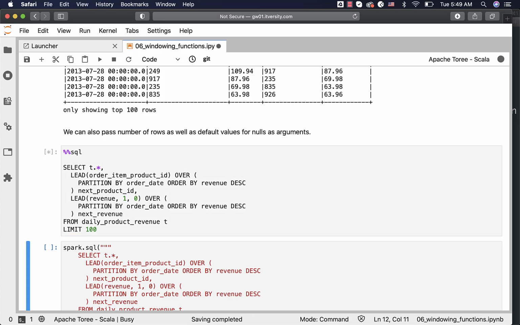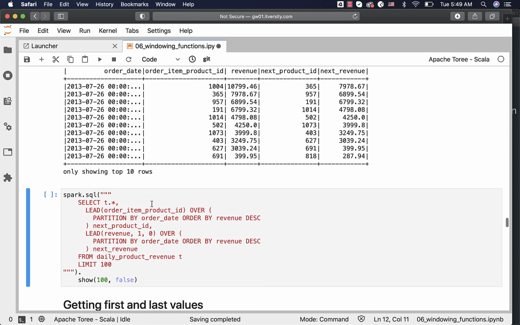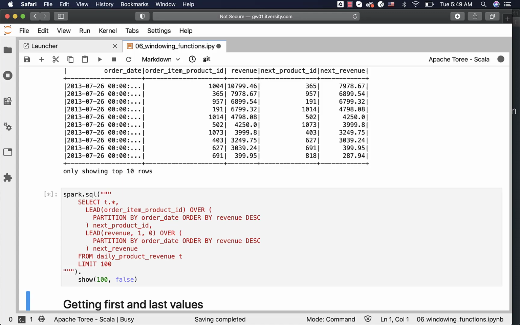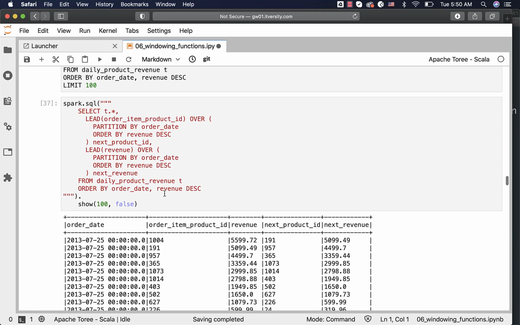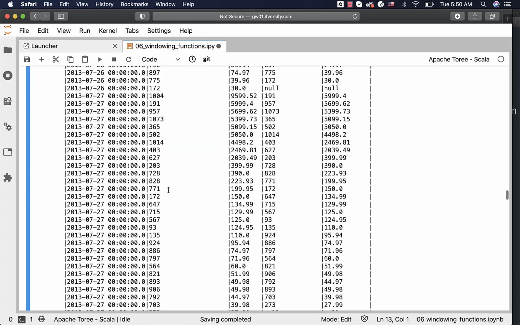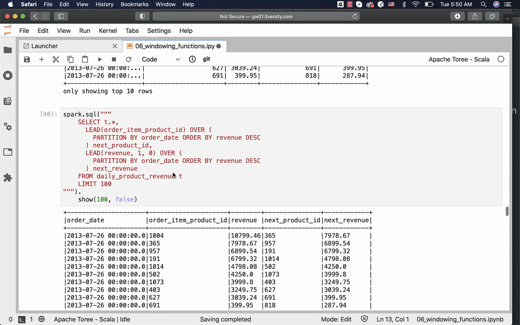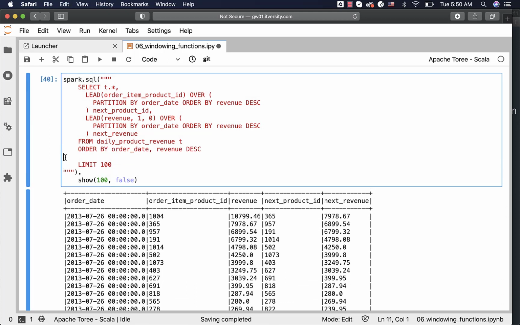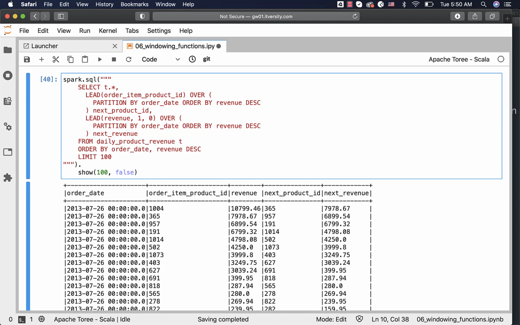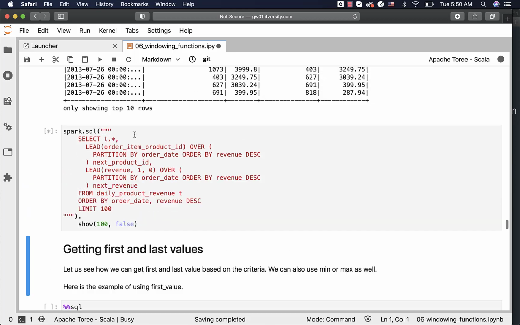So let me run this, and now we'll be seeing not only the prior days records. If they are nulls, especially with respect to revenue, it will be replaced with zeros. Here we are not getting those many records. It is better to run this to get the results similar to what we have got earlier with zeros at the end. However, there is no order by in this query, and hence we might not see the results correctly. I have to fix it. So I have to add order by here so that data is sorted, which will facilitate us to preview the results more accurately. Now let me run this.